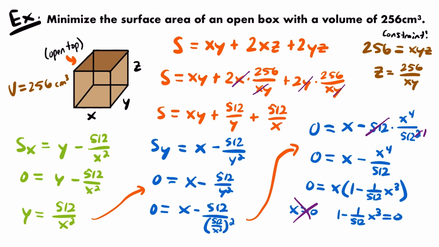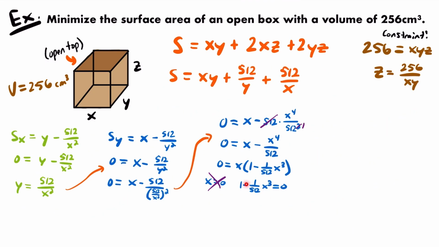We're more worried about what's going to come from this other equation. So let's focus in on that. If we continue with this equation up here, I'm going to subtract 1 from both sides of the equation. So we have negative 1 divided by 512 times x cubed is equal to negative 1. And then if we multiply both sides by negative 512, we'll get x cubed is equal to positive 512. And so then if you take the cube root of both sides of the equation, the cube root of 512 is 8. So we get x is equal to 8, which does make sense, it's not 0,